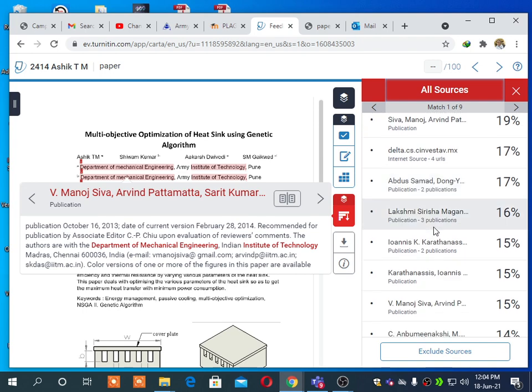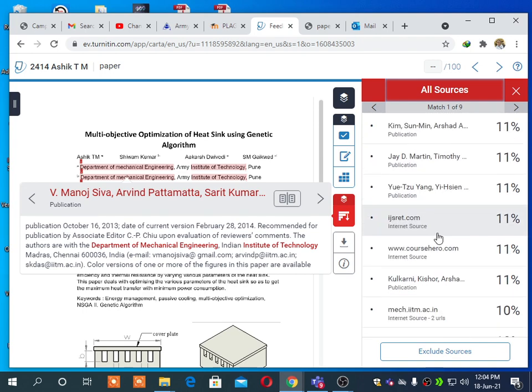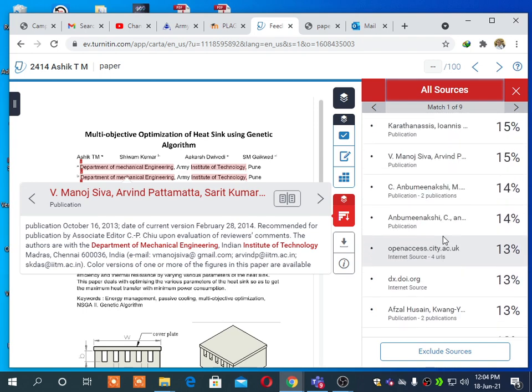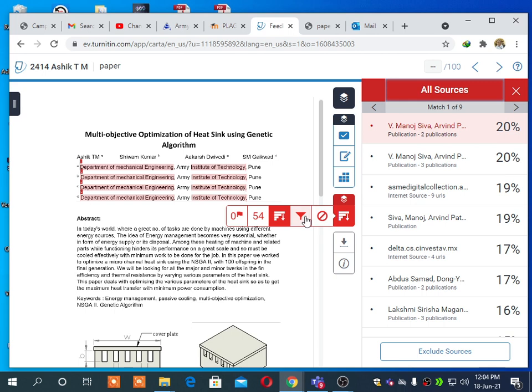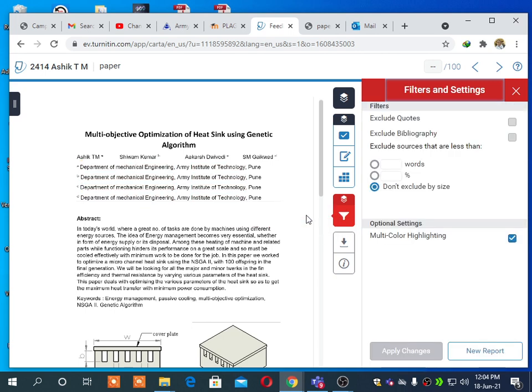Then, yeah, most of the things are from the references. So you can use exclude sources here, filter and settings. Here you can exclude the bibliography, so apply changes,